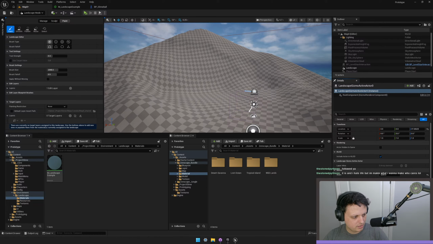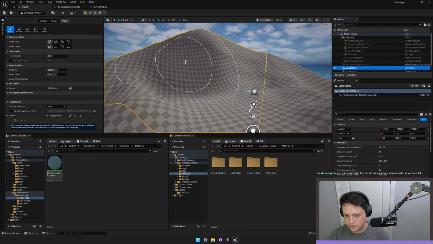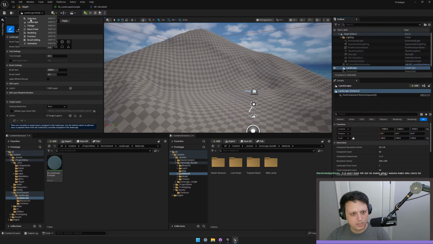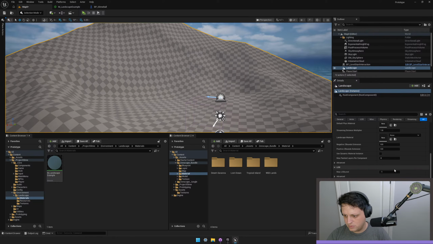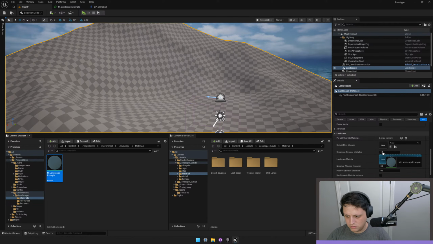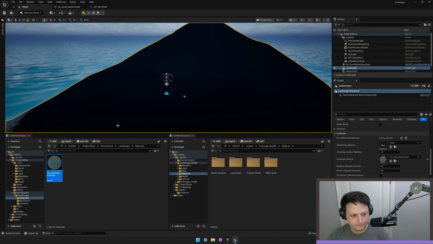Where was I at? Where's my tab? I don't need that tab or that tab. Okay. I was at painting. That's where I was at. All right. So back, select material, landscape. Oh, I need to be in selection mode. Selection mode, landscape material, drag that in. Okay. And then now,